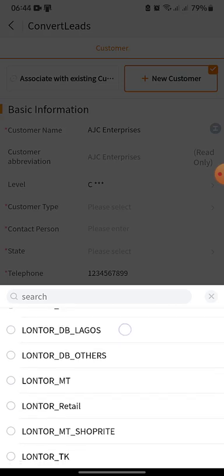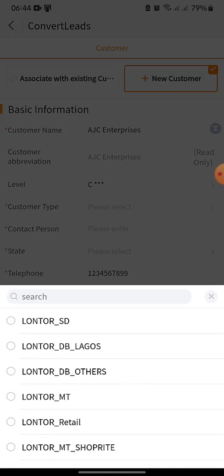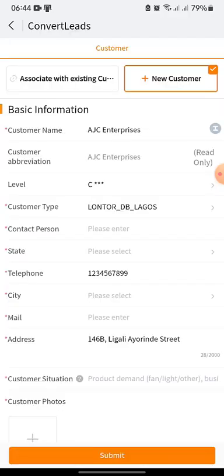But most especially, you select the type of salesperson you are. Let's say I'm a distributor for Lonto or for Grid, I'll be selecting a DB here. Okay, you can ask your line manager about other types. So the type you select here will influence the cost or the selling price of the items you'll be ordering later in the tutorial. Okay, let's say for this tutorial I'll be selecting Lagos DB as a customer type, and